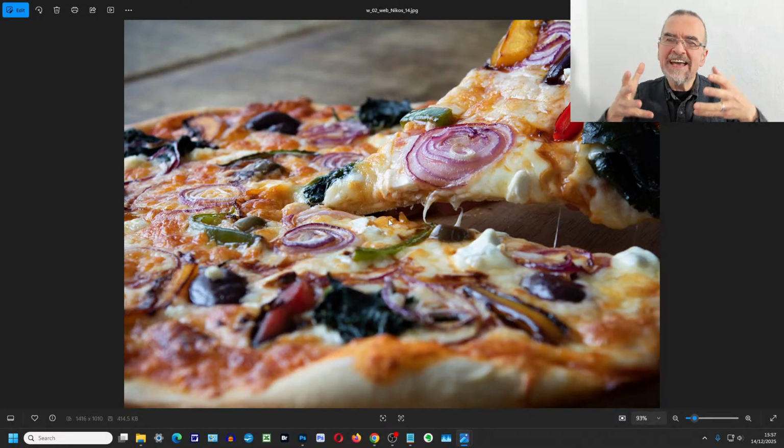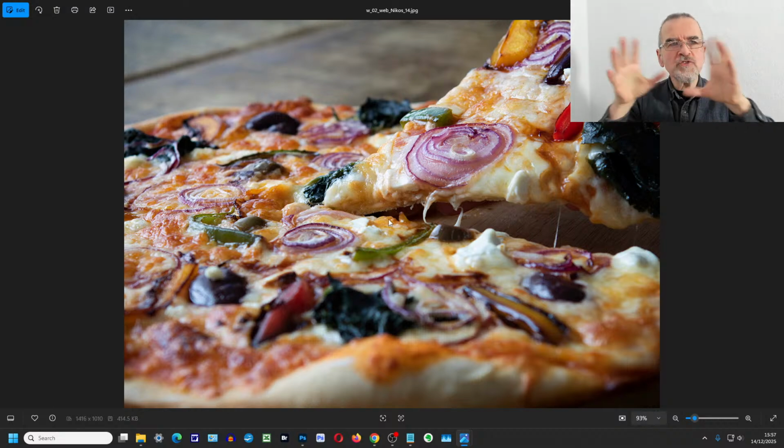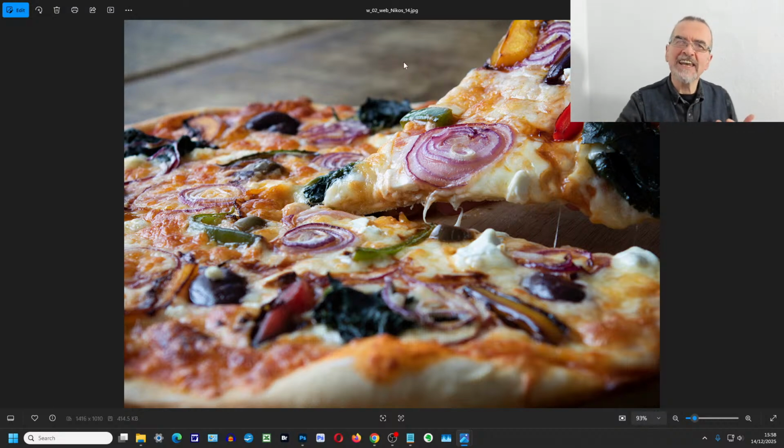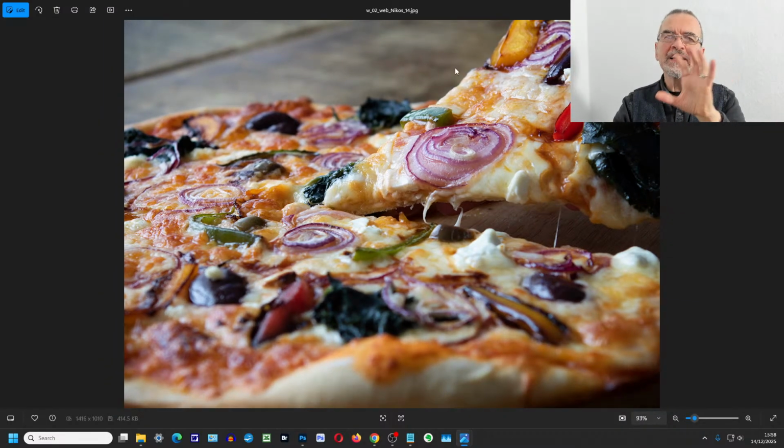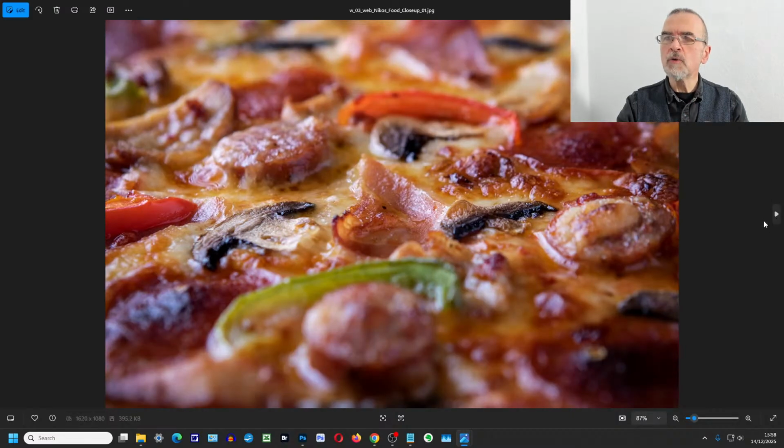Or we can get in close. We're not showing the whole pizza. We're now at a sort of 30-degree angle. We have a little bit of background, but we're really trying to get that sense of the slice of the pizza, little bits of cheese dripping off it. The background is now less important. Or we can get right in close to the point whereby we fill the frame. We then can't see any background or context, and it's all about the smells and the taste.